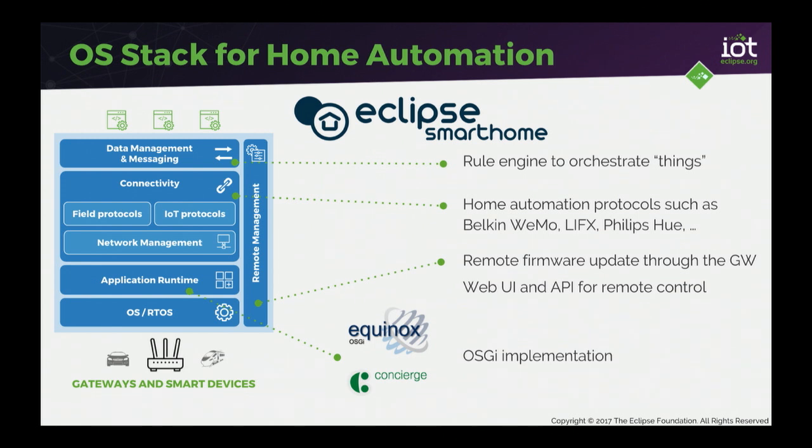Built-in support for many of the protocols, if not all, that you would find in home automation, Philips Hue and LIFX and KNX and whatnot. And a fairly nice, really nice actually, UI for manipulating all your gadgets.